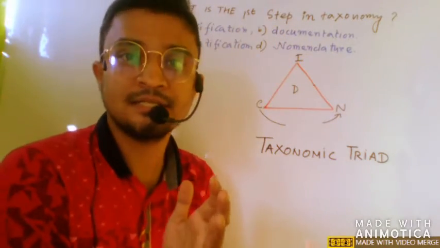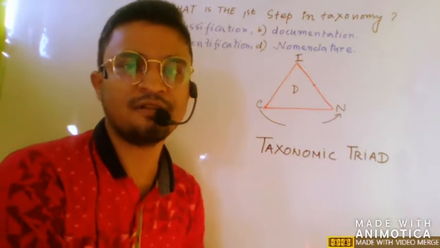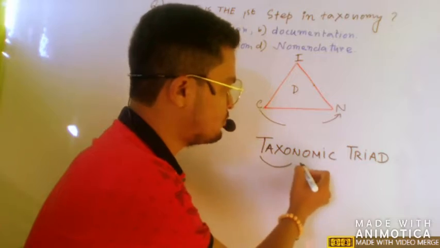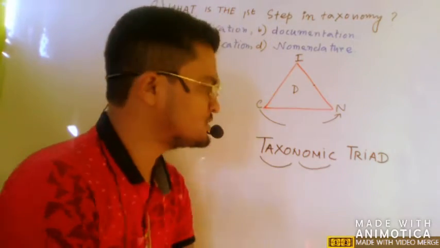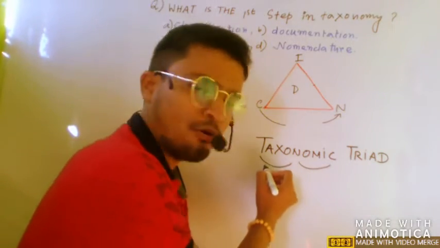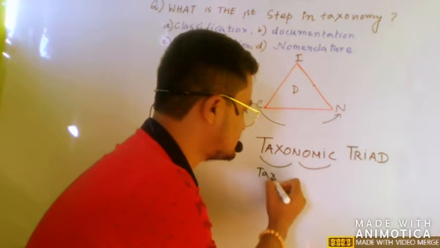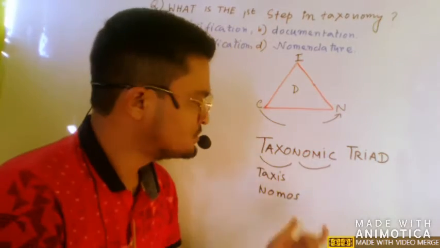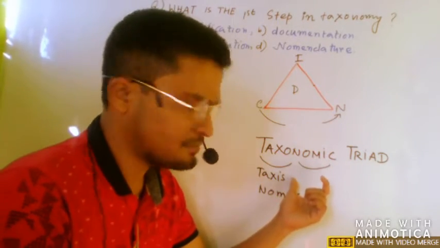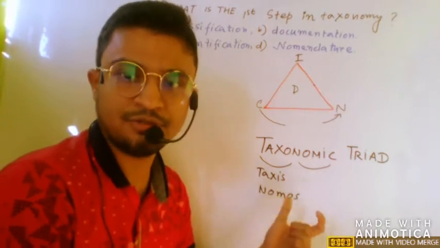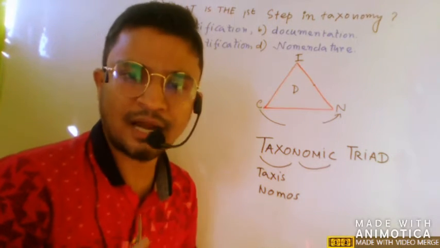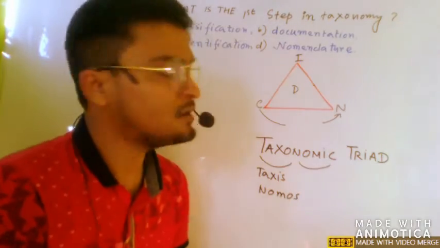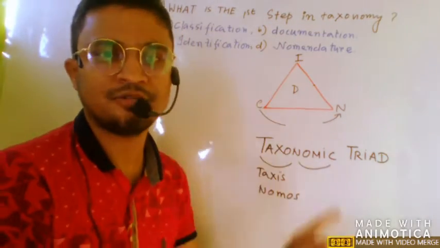But to address this particular question, first we have to understand what taxonomy is and what the triad of it is. If you understand it word by word, it is the combination of two words, taxis and nomos. Nomos means naming, so the laws of nomenclature. It means laws and nomenclature. So there should be laws and a practice by which you name the millions of organisms in a certain way.